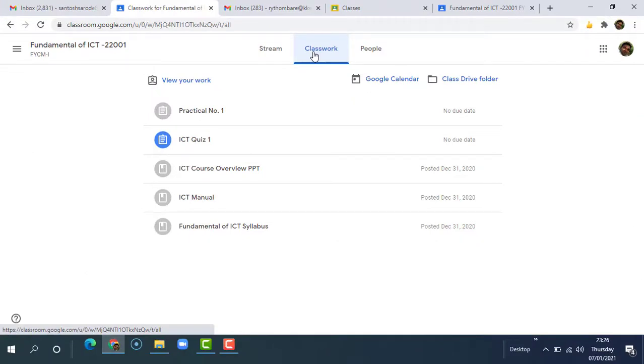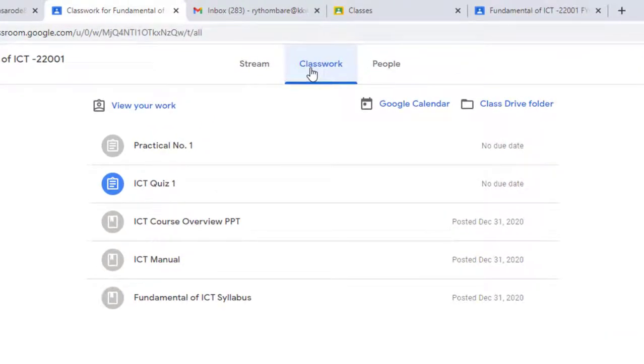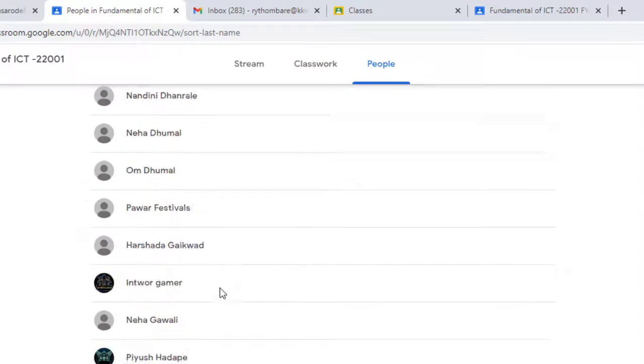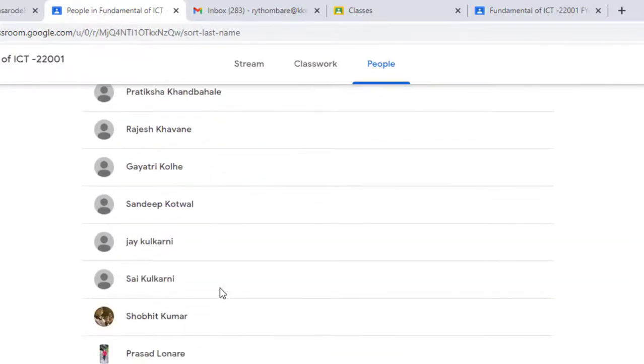Your classwork may be class material, quizzes, or assignments. You have to solve all the different types of classwork assigned by the teacher. Under the people tab, you will see the different classmates who have currently joined the classroom.